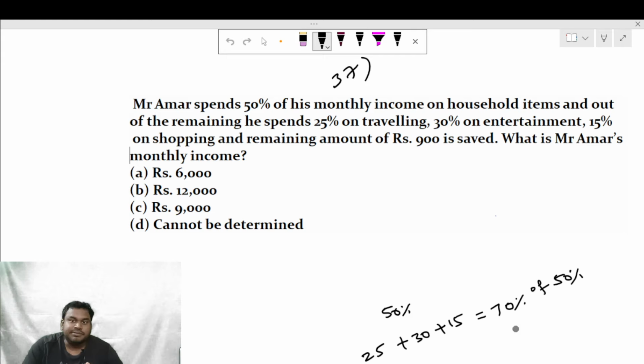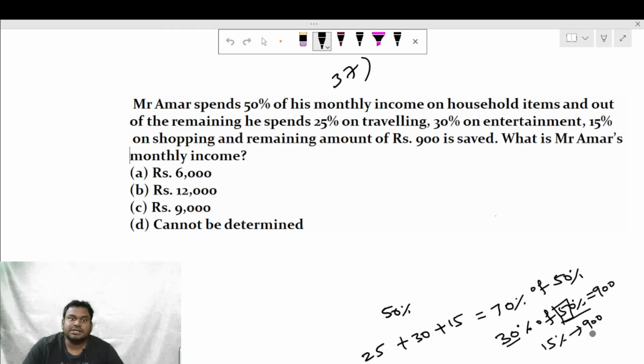The remaining he got is 900 rupees. Remaining is nothing but 30% of 50%, which is equal to 900. 30% of 50% is nothing but 15%. So if 15% is 900,